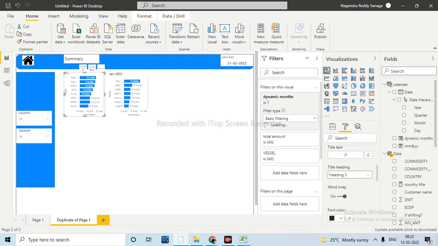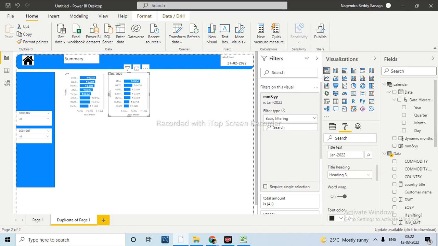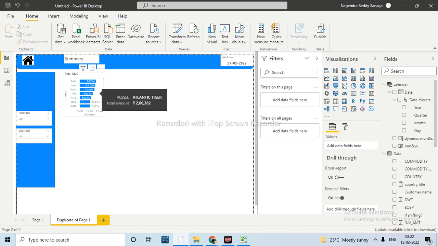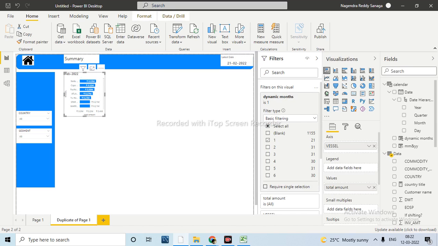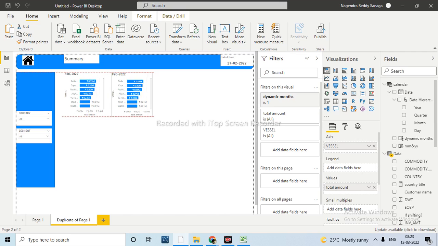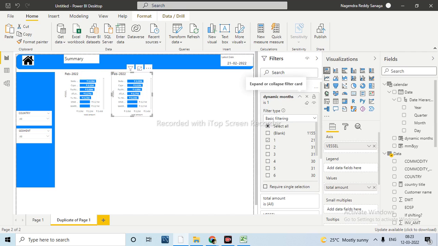Now let me delete this one, I have designed this graph. This information is February 2022 and this information is also for February 2022 only. Now let me make this January. Just filter here, instead of 1 you can make it 2.